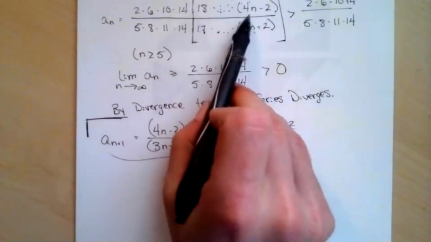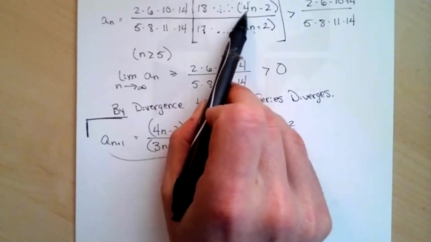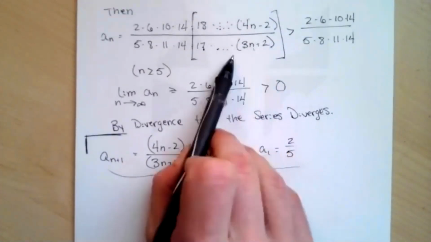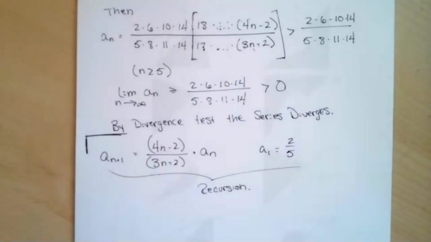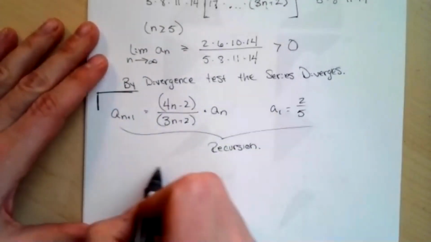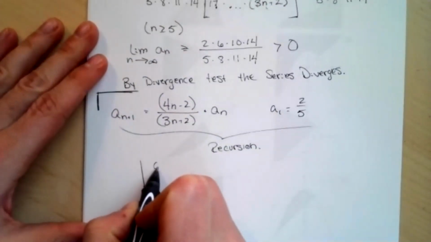Like we notice that we're multiplying the numerator every time by 4n minus 2. We're multiplying the denominator every time by 3n plus 2, and of course keeping all the previous terms. So anytime we keep all the previous terms and then do another mathematical operation, whether it's adding something or multiplying by something to all the previous terms, recursions work very well. And now in this case, as you were saying, we could do a ratio test